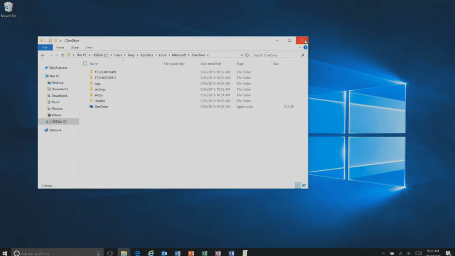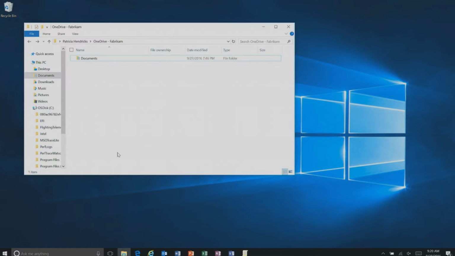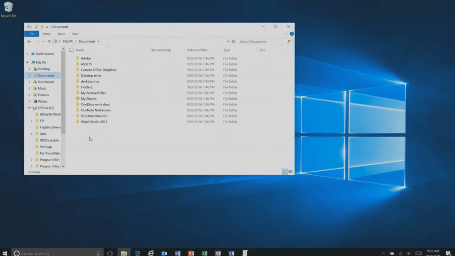So what I'm going to do here is show you what my Documents folder looks like. I have this folder called Documents, which is a Windows known folder. I have been using all these files, working on this machine for a really long time, and I save my content to this Documents folder. And what you're going to do here is a two-step process. The first thing you're going to do as an organization is create a location that OneDrive will sync to at a later time when the user signs in.